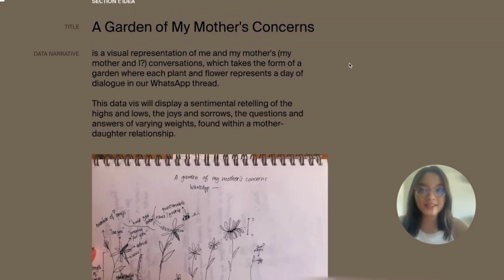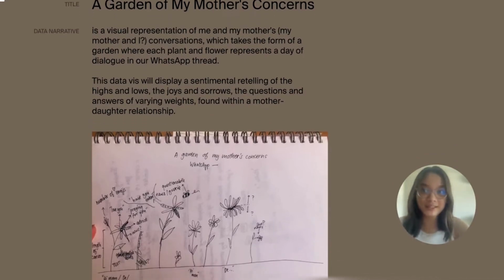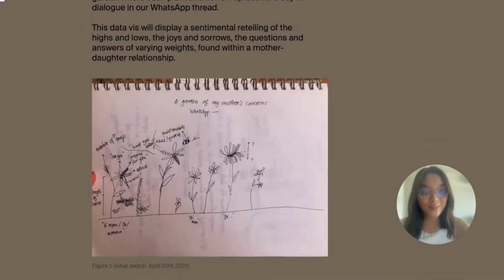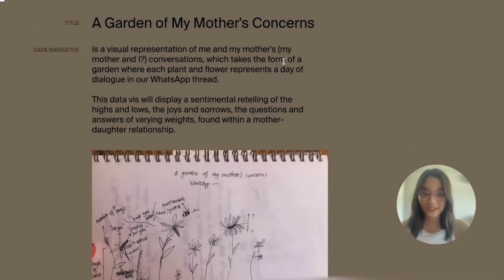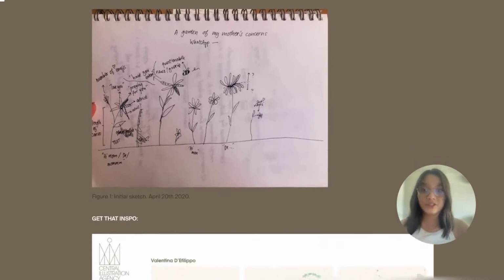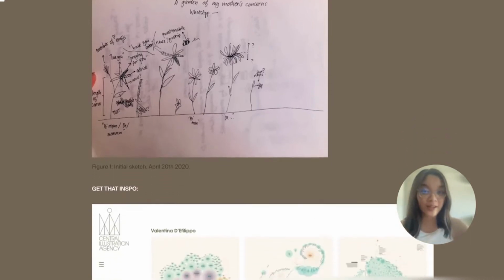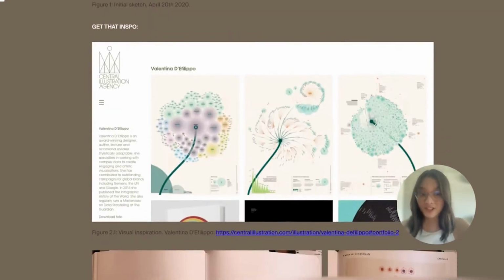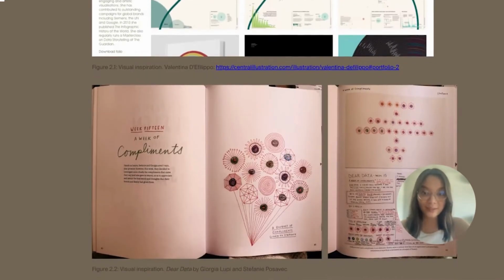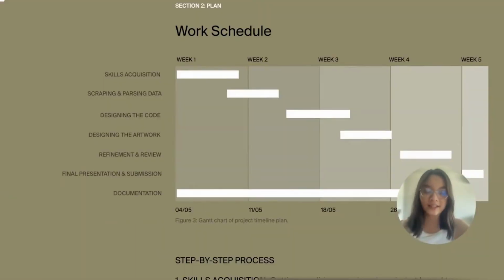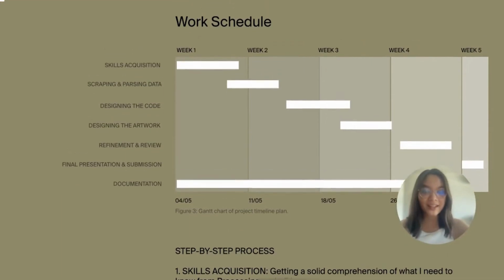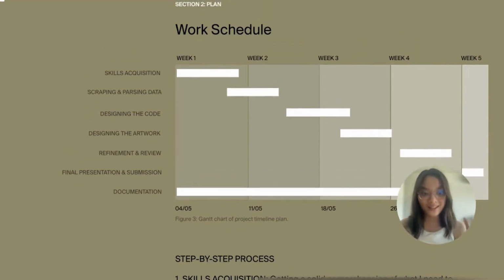So the first is, of course, the idea. So what is the data narrative? What is the story? What is the theme that you want to raise? What question do you want to ask? Some initial sketches, if you have any, and some visual inspiration from other projects or designers similar to what you want to do. Next is, of course, a game plan, kind of like a timeline or a checklist of what you want to accomplish each week,